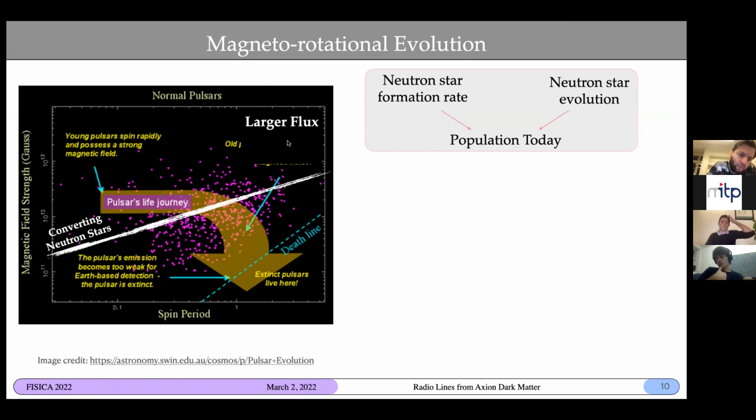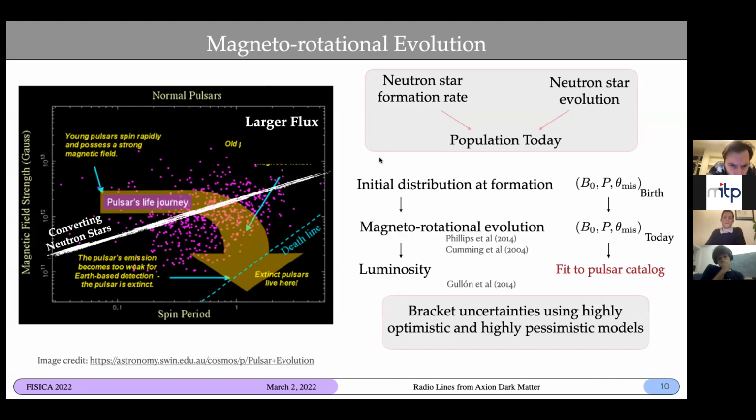So this tells us that we actually have to do a full population synthesis to try to understand both what the active and the dead pulsar distributions look like in these environments. So we do this by essentially taking some initial distribution functions for the magnetic field, the period, and the misalignment angle at birth. We adopt a magneto-rotational evolution model to evolve the magnetic field, to evolve the period, and to evolve the misalignment angles to today. And then we use some relations to estimate the luminosity based on these properties today,